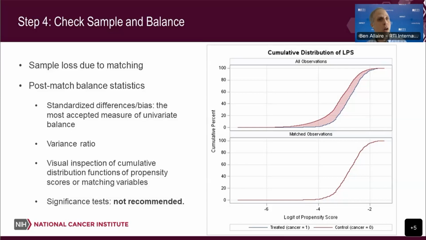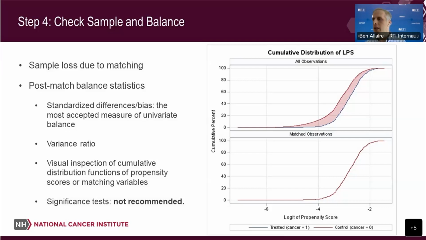One thing that I do want to note is that significance tests, like p-values and tests of that nature, are really not recommended, and that's predominantly because they are impacted by sample size. So if you have a huge sample, you're unlikely to achieve balance if you are using significance tests to do it. Or in contrast, if you have a small sample, it may look like you've achieved balance, but you may be pretty different between the matched and the comparison group and the group of interest. And so there may be issues there that sample size is masking.